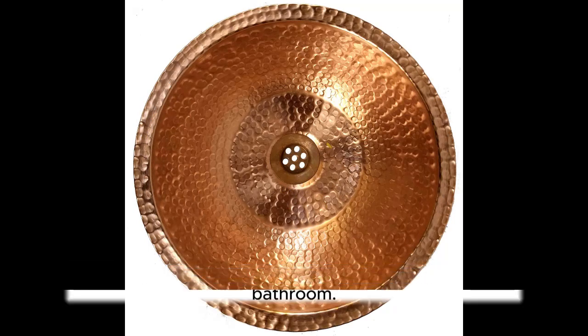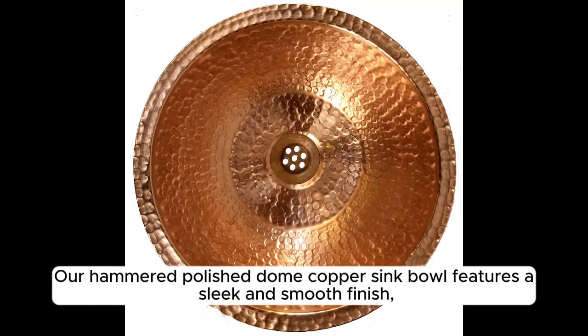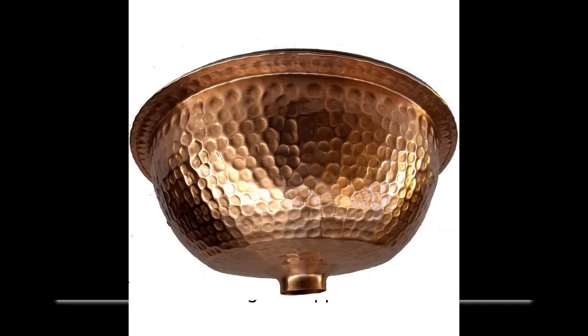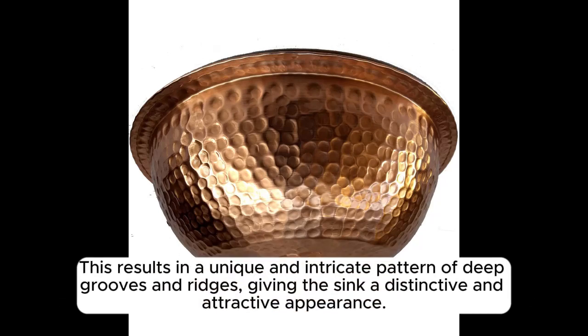to your bathroom. Our hammered polished dome copper sink bowl features a sleek and smooth finish, which is achieved through a carefully executed process of hand rolling the copper material. This results in a unique and intricate pattern of deep grooves and ridges, giving the sink a distinctive and attractive